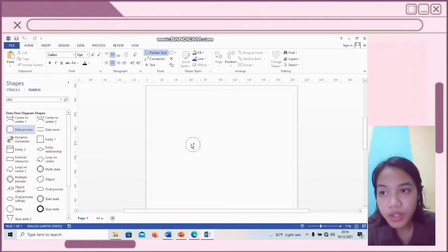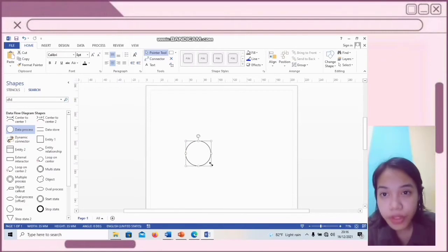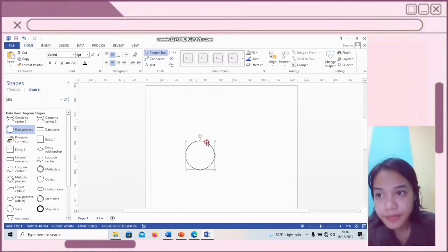Now we start to create a data flow diagram. It starts with making a diagram of the first process, that is the record payable process.